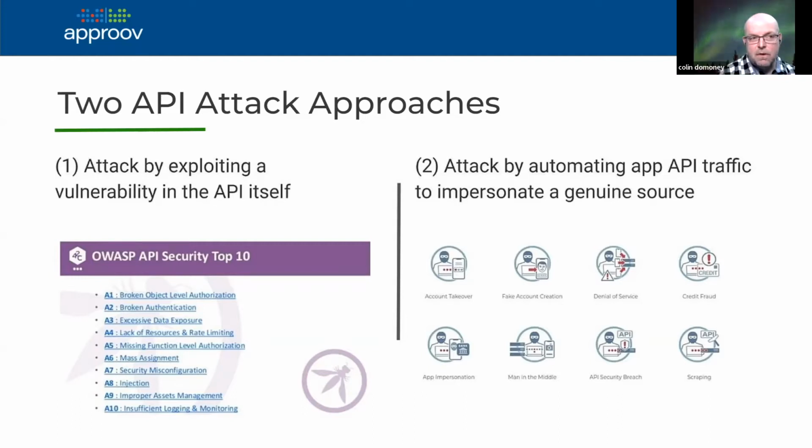Sure. I know when we spoke yesterday, I gave you that anecdote from my own experience. Back in 2020 when the COVID pandemic started, certainly in the UK, and I think it was a global phenomenon, supermarkets ran out of stock. There were shortages of toilet paper and people couldn't get booking delivery slots on supermarkets. So I took the mobile app that my supermarket provides, threw it up through a reverse proxy and scraped the API for polling booking slots, and then was able to automate and look for empty booking slots. And I think the supermarkets all became pretty wise to that, and then took